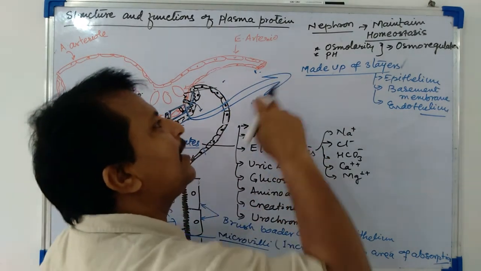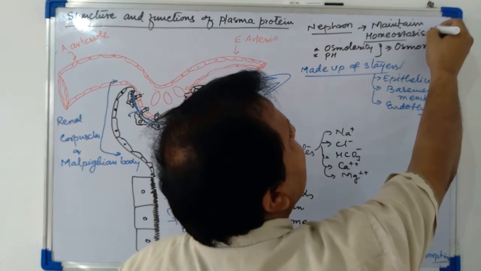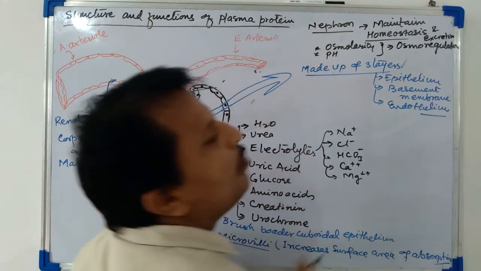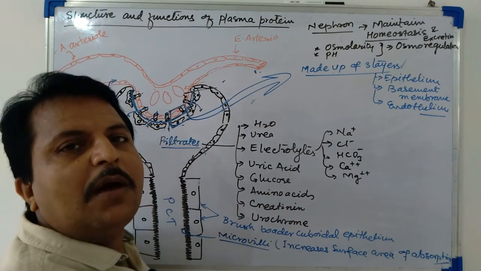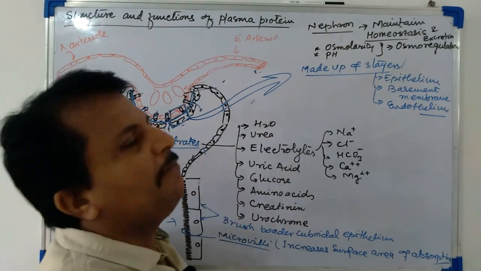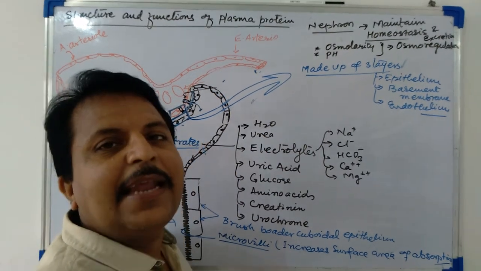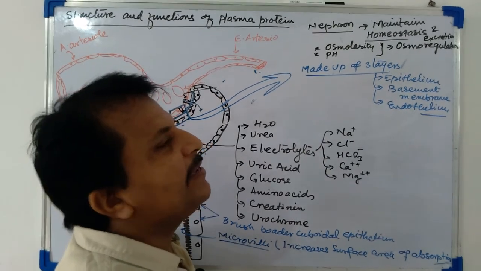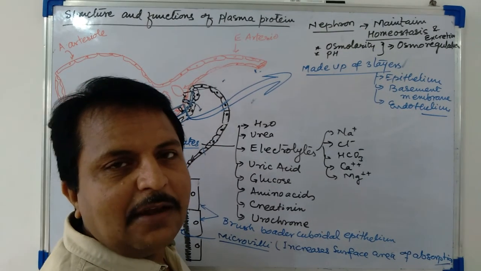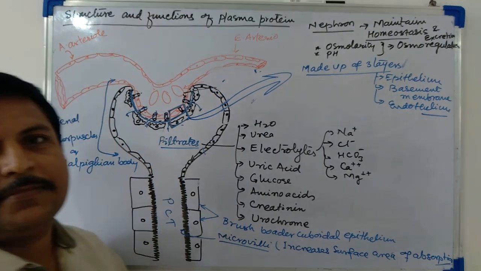And the other role of this nephron, means homeostasis and excretion, means removal of waste material, removal of nitrogenous waste material. This is the role of the nephron. So we can say the function of the kidney is to maintain homeostasis and excretion. The purpose of excretion is to maintain the homeostasis, to maintain the constant internal environment through the process of osmoregulation and excretion. Okay.